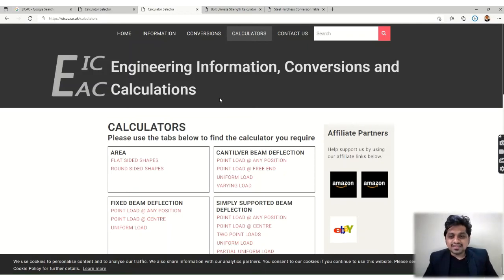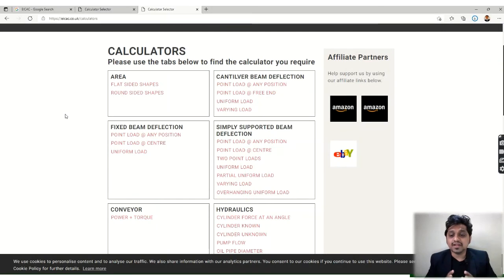I think you understood all the information, and if you have any doubts, please do write into the comment section. And one more thing, this site is completely free, so you can just log in onto the website and utilize all these tools. This is a very important parameter of this site, because you don't have to pay anything and you are getting all these things.